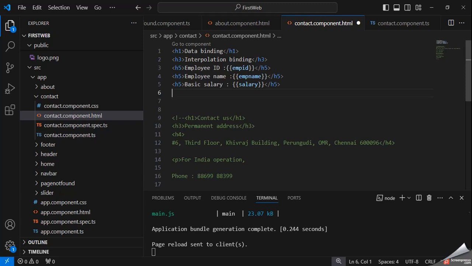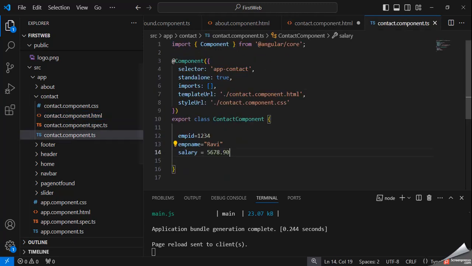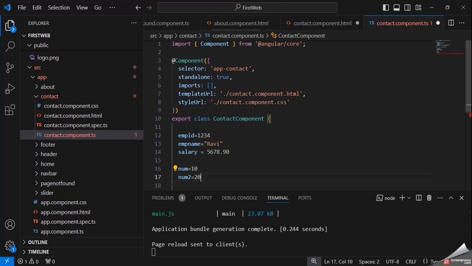Suppose we want to perform any operation or calculation, it can also be performed in interpolation. Just suppose here I've declared a variable, num is equal to 10, num2 is equal to 20.